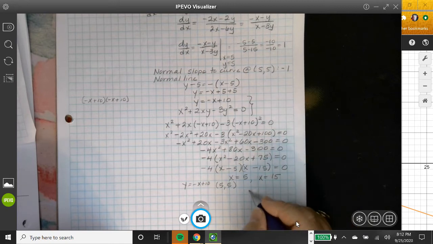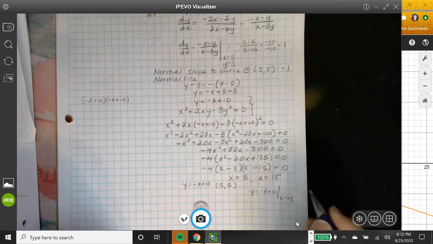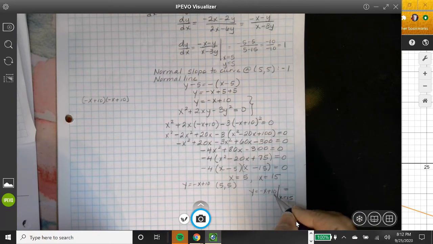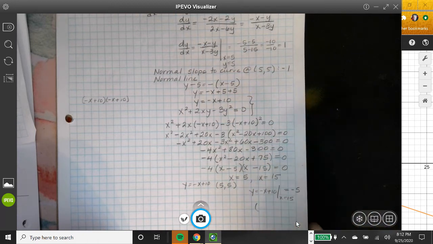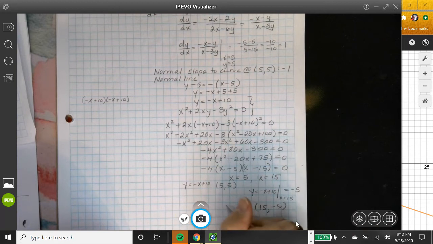So if I say y equals negative x plus 10 such that x equals 15, that means my y value here is going to be negative 15 plus 10, which is negative 5. So my 2 points of intersection on this normal curve and the regular curve that we started out with here are going to be 5, 5, and